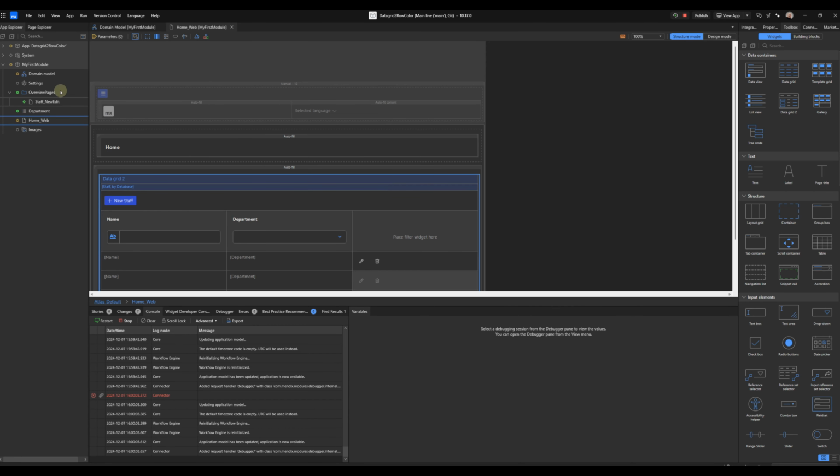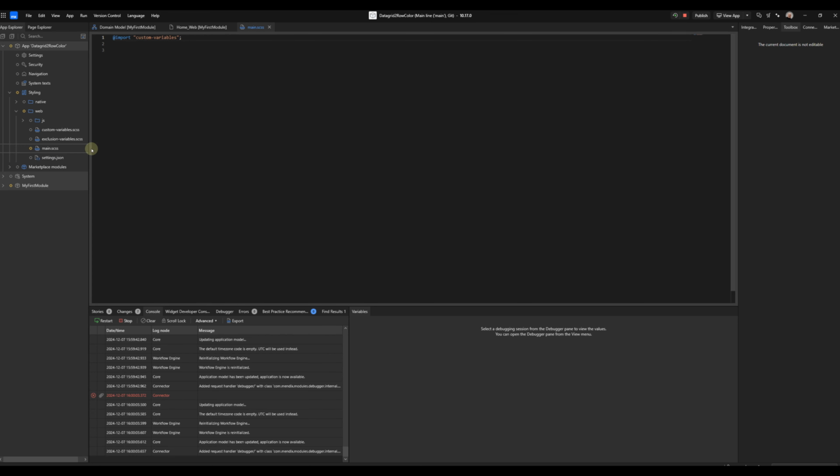Now I will go to the styling, and main CSS. If you want, you can create a new SCSS file, a custom file, but I will go from here.